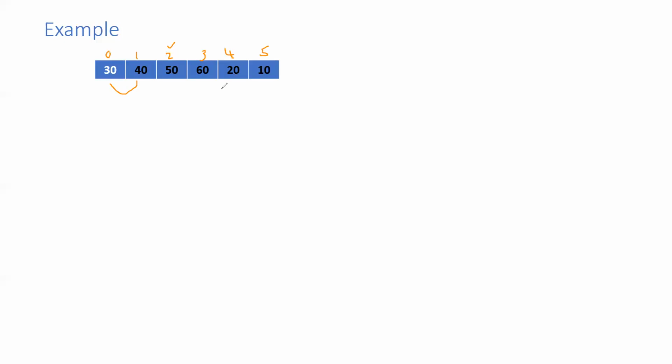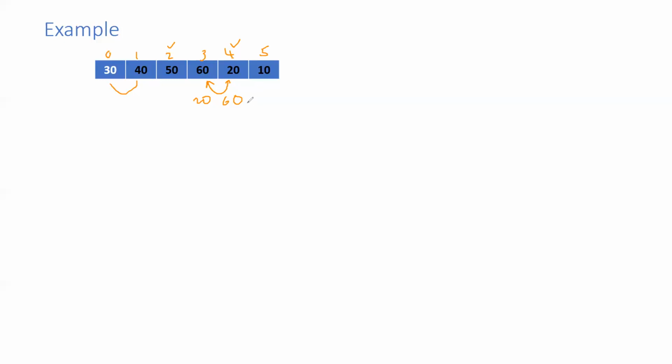Is 60 greater than 20? Yes, this time it is true. So we are going to swap these two elements. Now 20 is here and 60 is here, as we swapped these elements. Swapping is interchanging these two values, just changing the positions of these two elements. So we have 60 here now, and we'll go to index 4 now, whatever the value is here in index 4. So at index 4, the new value is 60.